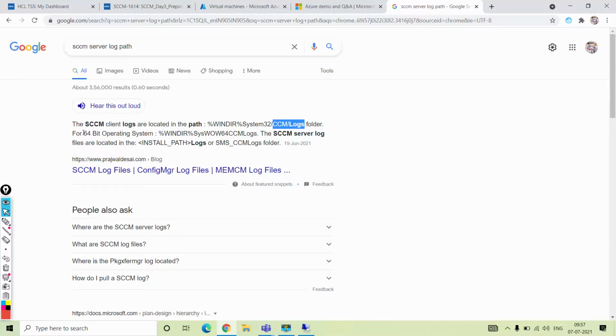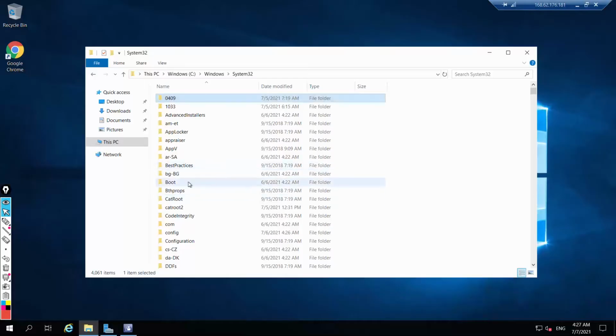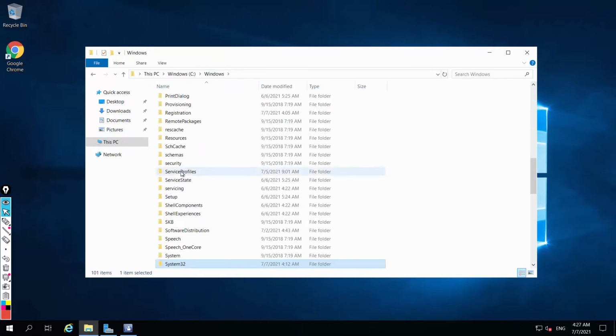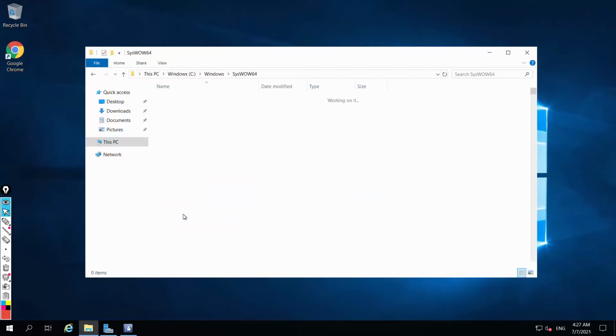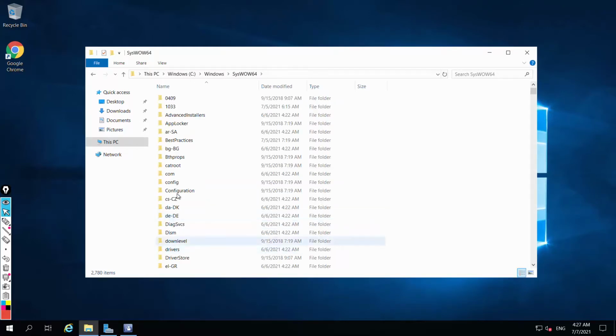Okay, for 64-bit it will be in syswow64, and here we have CCM. The CCM is not there.